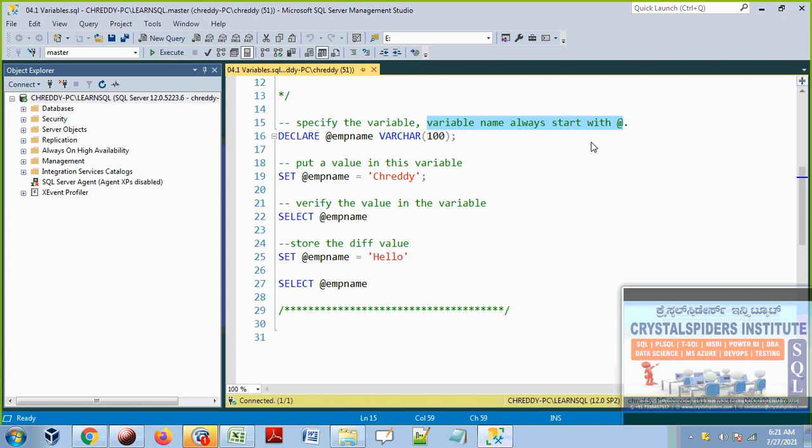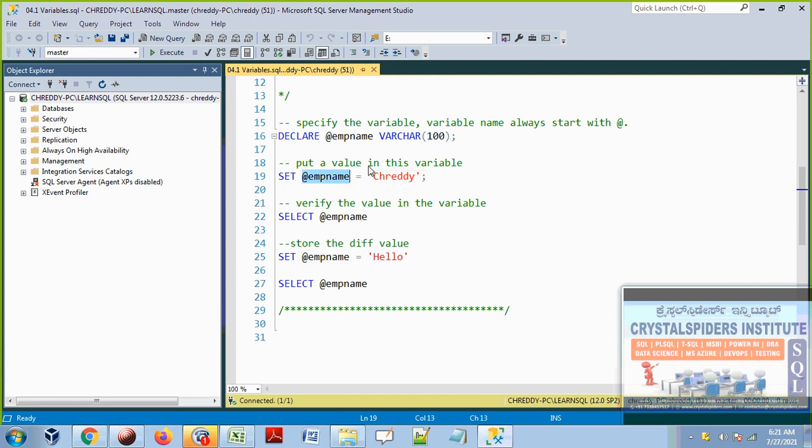In SQL, guys, the usage of variables is the same across all database systems. But the way we declare variables and assign values is different in PL/SQL and Transact-SQL. In MS SQL, we declare the variable with the @ symbol, and we define what type of value we are going to store in it. This is my variable name, and I am going to store some value in it. Here I am storing the value CHRD in this variable.